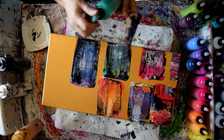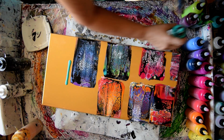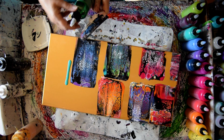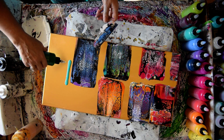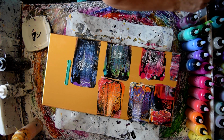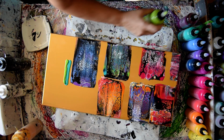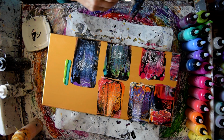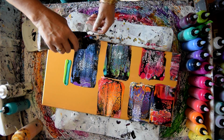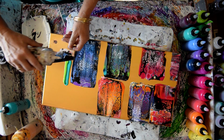I haven't used nearly enough of this phthalo green. I've got some green I'm a little bit dubious about because I'm not a huge fan of green, but this is a gorgeous chromium green. Pretty sure a little will go a long way. And then I've got the yellow green. And since I didn't leave a big gap, I'm going to try and limit my color palette. I don't mind, honestly, if there's a little bit of color left over on the...